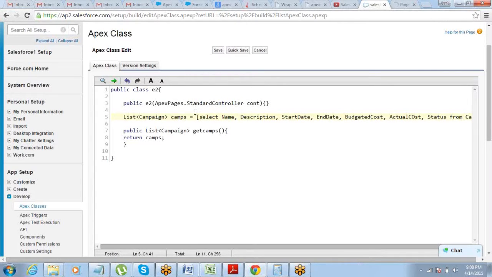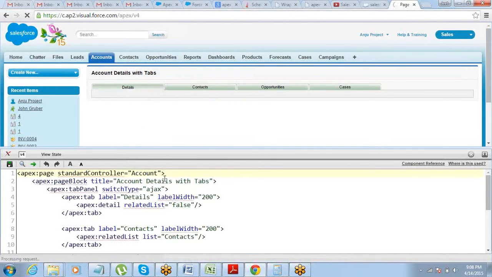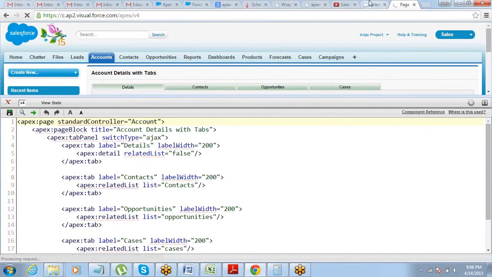So now what I can do is call this extension on my page, and then call this method for the list of campaigns. That's it. Navita asks whether the O is capital here.